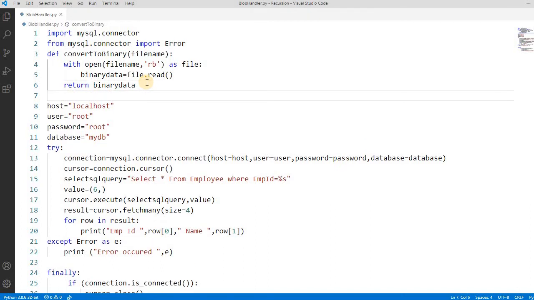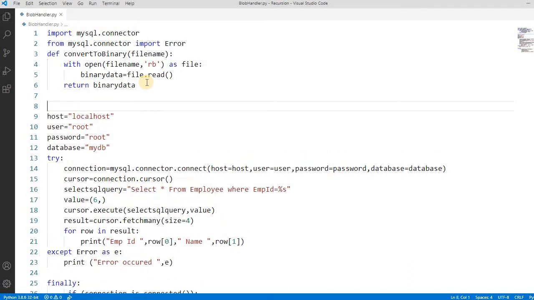We also have to write one more method for reading. This one is for insertion: while inserting we have to convert into the binary format and then insert it. But while reading we need one more method that takes the binary data and converts it into a file. So let's say convert binary to file.